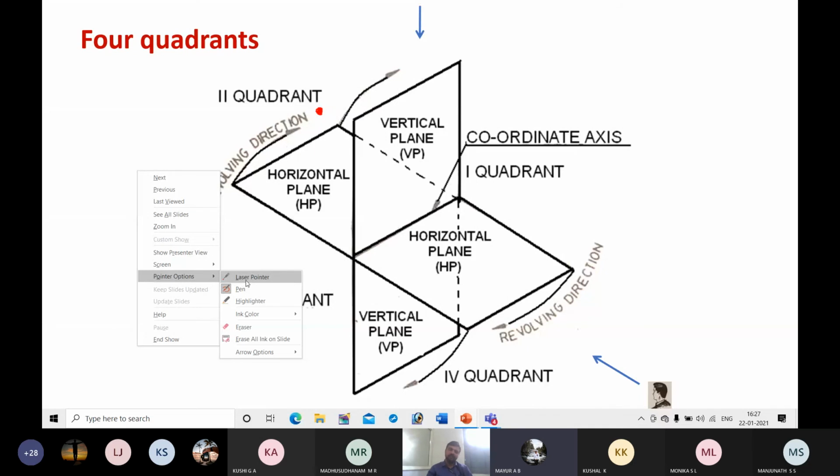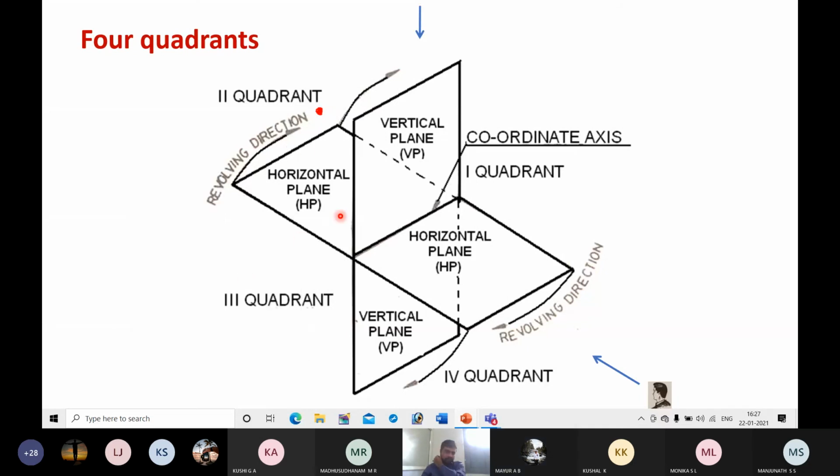Yes, you have correctly observed. So when the object is kept in the second quadrant, it is called second angle projection. In second angle projection, the relative position of the object, observer and plane of projection is like this. The plane of projection will be between the observer and the object. So this is the condition.